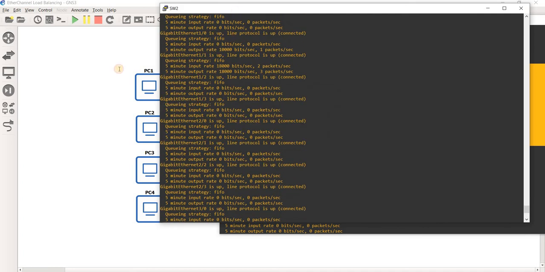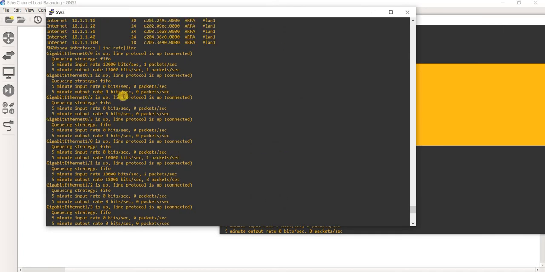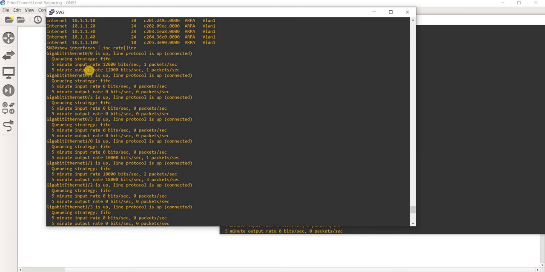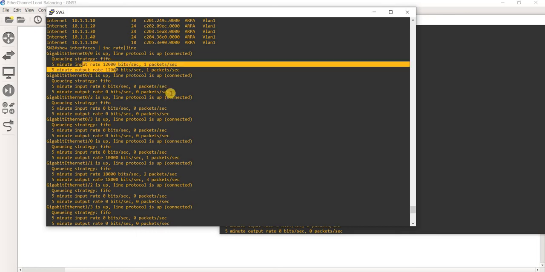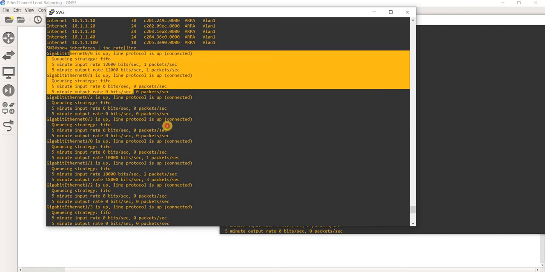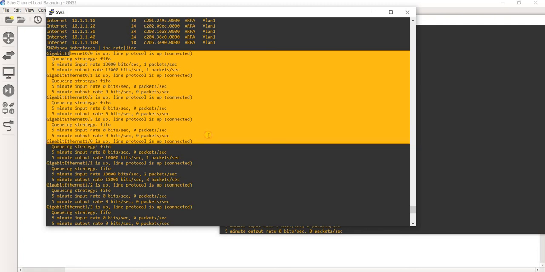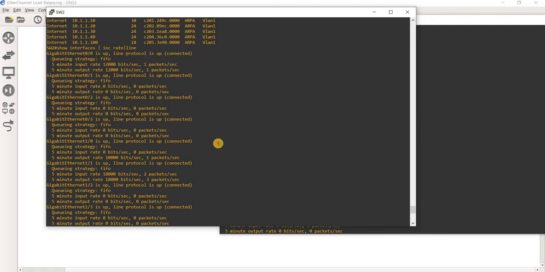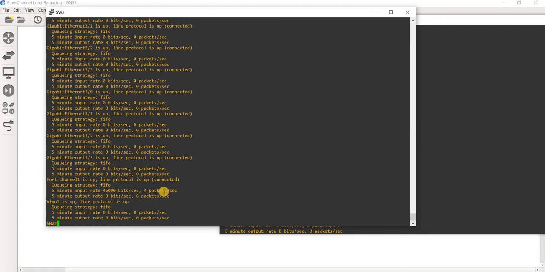Okay, so we see here that it looks like only gig 0/0 is being used, at least the physical port. So let me do it again. Yeah, we see